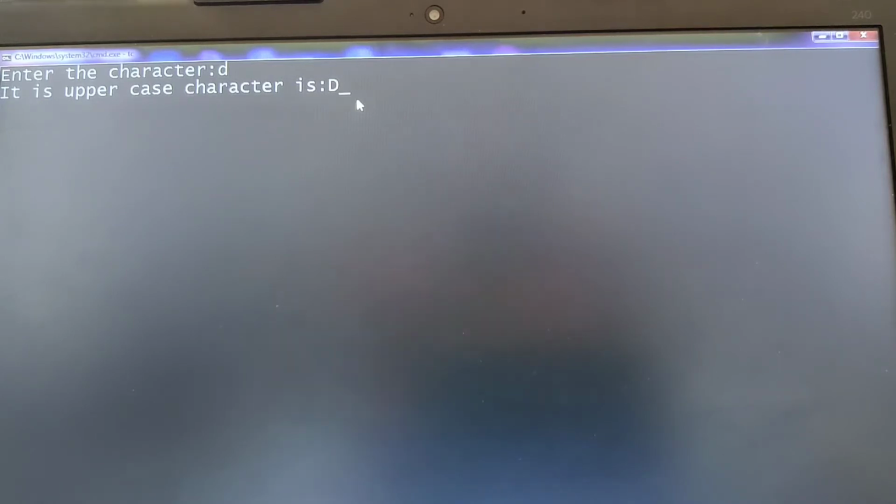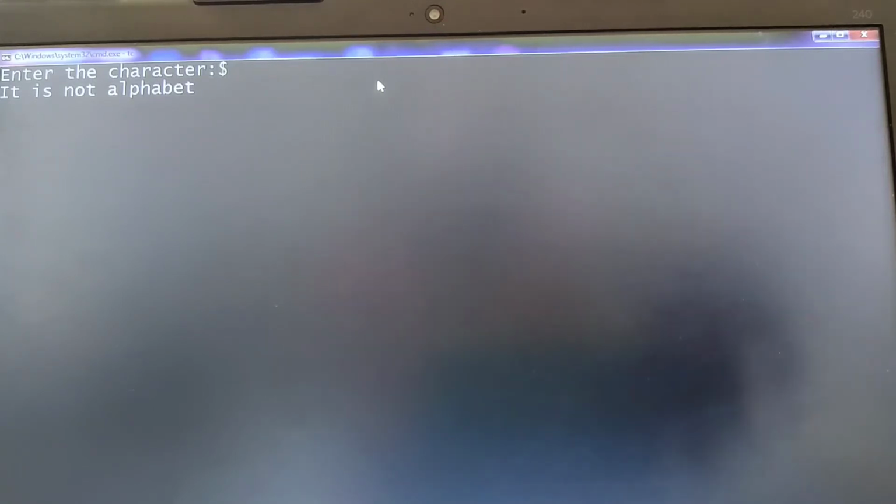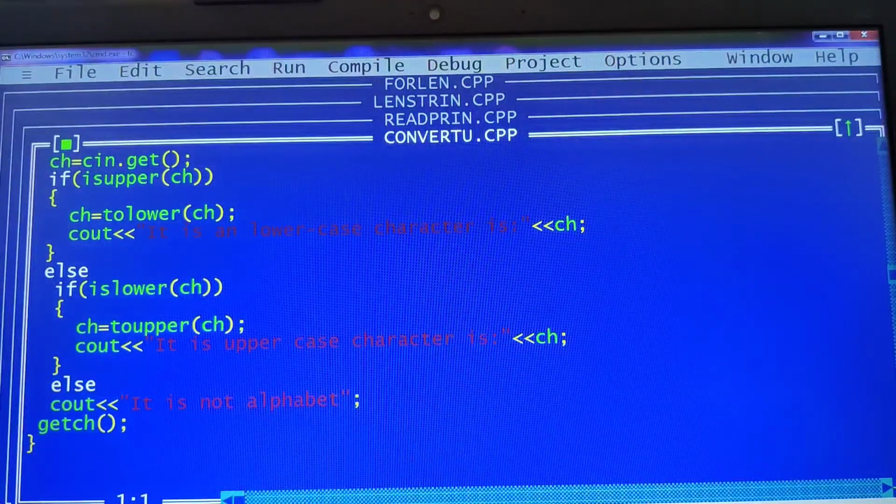After checking, it is converting by using toLower and toUpper. Now let me show you what if we enter a special character. If we enter a dollar, which is a special character, see, it's identifying that it is not an alphabet. I hope children you are able to understand. Yes. Moving on to the next topic here.